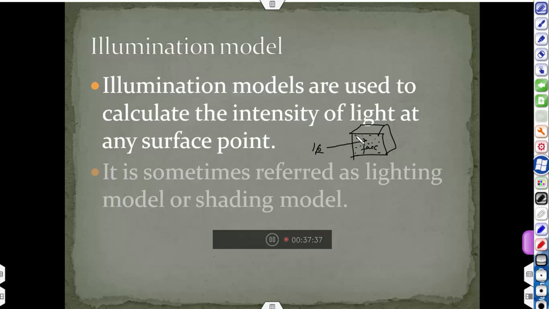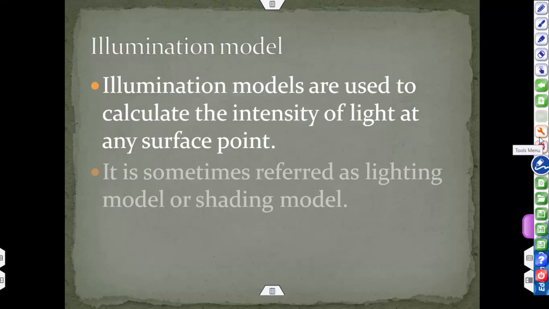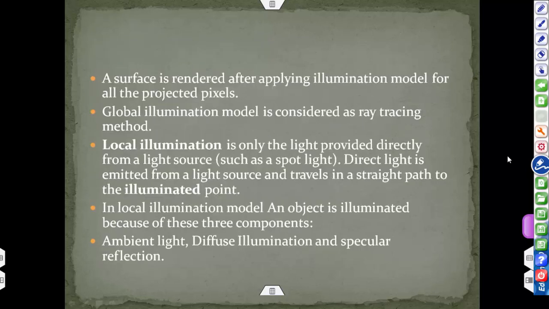So what will be the pixel intensity at every point, and how will all these pixel intensities be calculated? That's why the illumination model came into the picture. Sometimes the illumination model is also referred to as the lighting model or shading model. Using it, we can calculate the illumination of a particular point or projected pixel, and after calculating each projected pixel, we can render a surface.